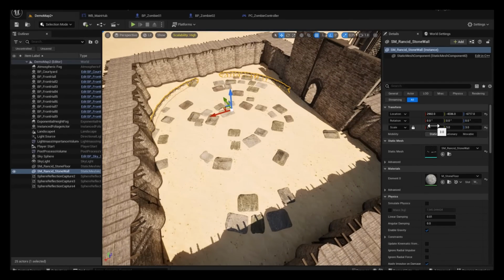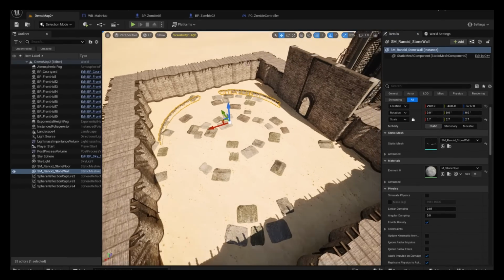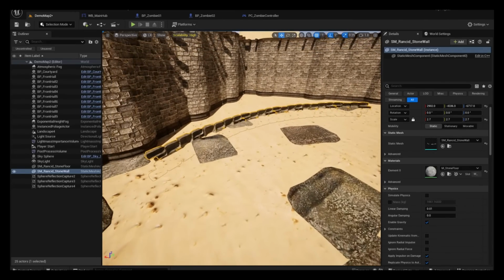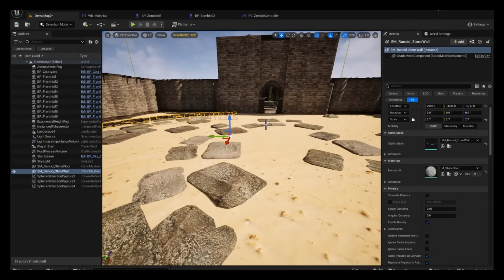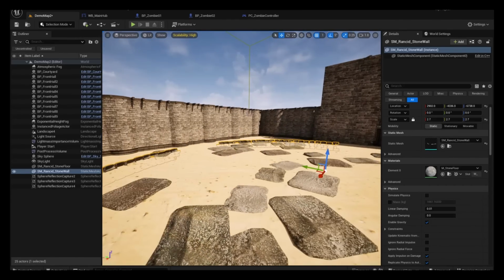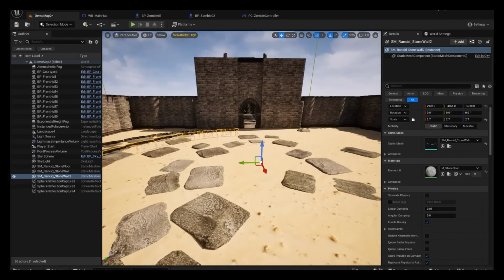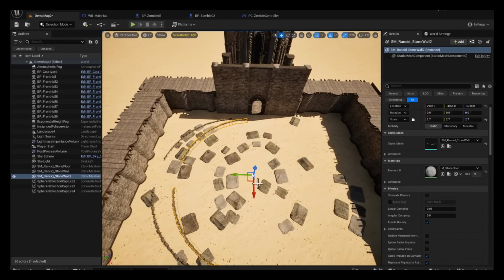So for this one here, I'm going to reduce the size of it just a hair. So I'm going to reduce it to like 3 point, oh no, 2.7. Yeah. Now see, that looks pretty good. I like that. 2.7 might be good. Okay. And then we've got it, it's kind of lined up here. It's not too high. We go a little bit lower with it because I just want to have it as a marking. And then while we're here, I'm going to hold down Alt and I'm going to drag this one out